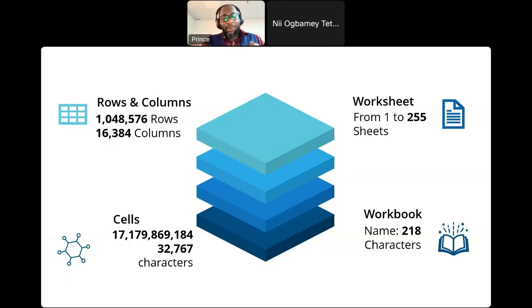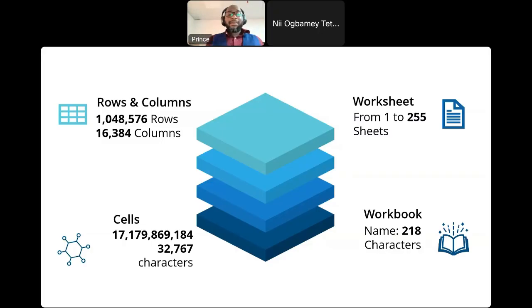Now there's another question we normally ask ourselves. If I want to type a letter in these boxes, how many characters can a single box take? A single cell in Excel can take 32,767 characters.